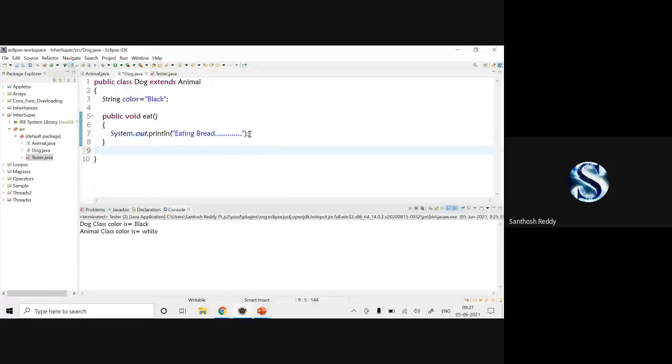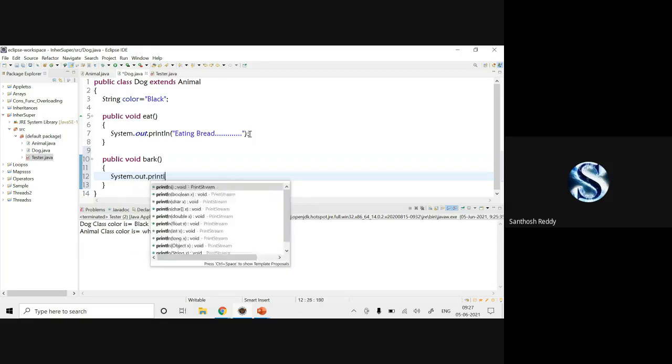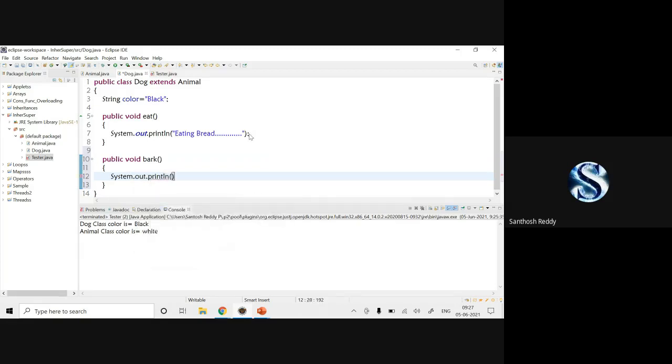Now I'll create another method which is public void bark, since a dog will bark. System.out.println("Dog is barking"), and I'll give a semicolon. That's it.